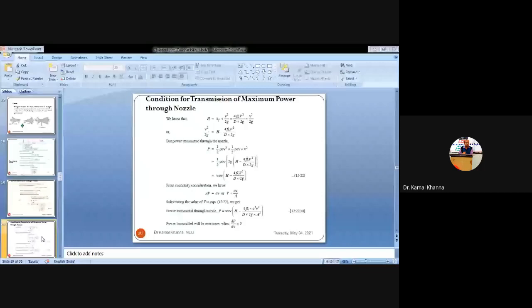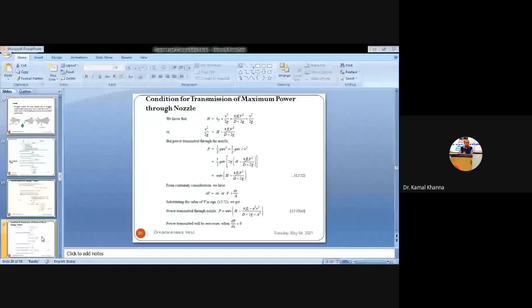So coming to the expressions, in the previous slides we discussed that while calculating the flow through the nozzle, the total head at entry is always equal to the total head at exit plus the loss of head due to friction. You see the cursor of the mouse here. This is H is equal to hf plus V square by 2g, where hf is the loss of head due to friction plus V square by 2g, that is the kinetic head. Again putting the value of hf, that is 4FL capital V square by 2gD plus V square by 2g.